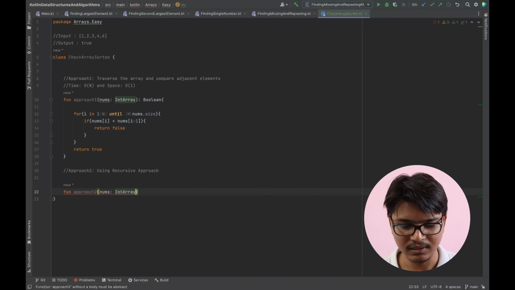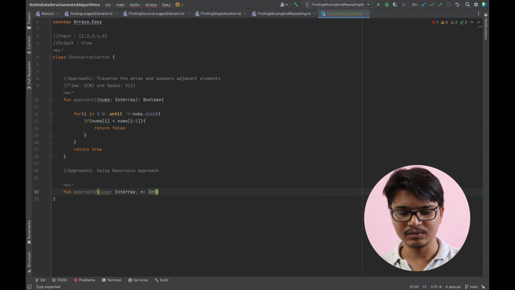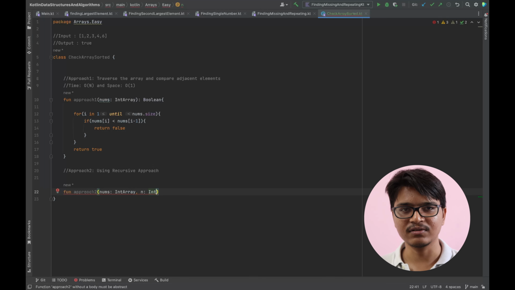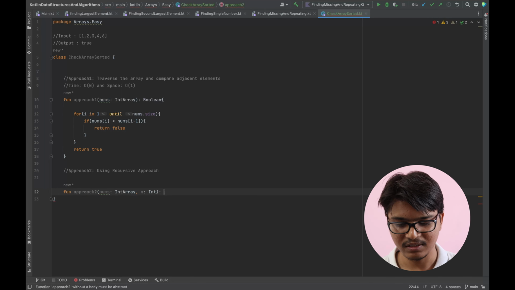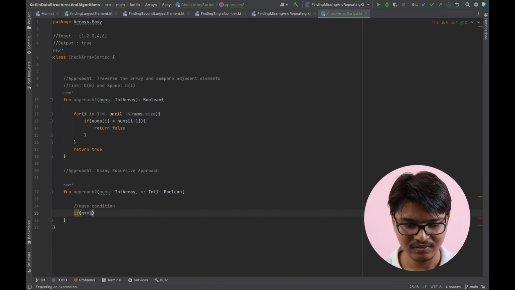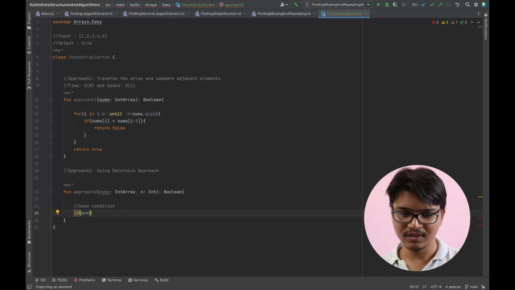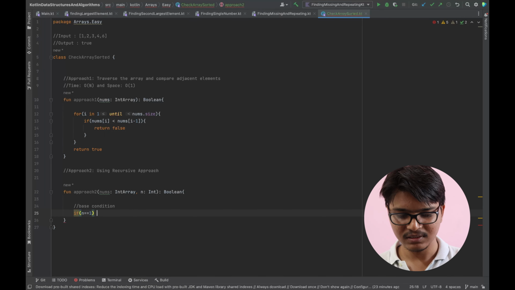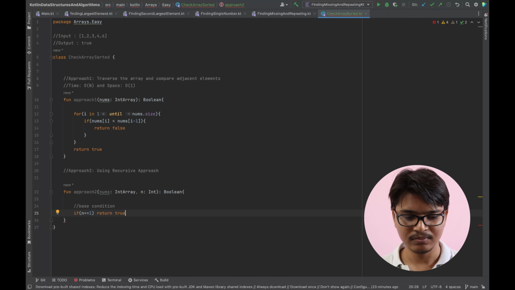Okay, so let me name this as approach 2, and the input parameter remains the same, but with an extra parameter, as I already spoke about in the previous videos, that the breaking condition for the recursion function would be the size of the input array, and finally our return type is boolean. Okay, and the base condition, so let me write that base condition, if n is 1, that is we just have one element, so our answer would be true